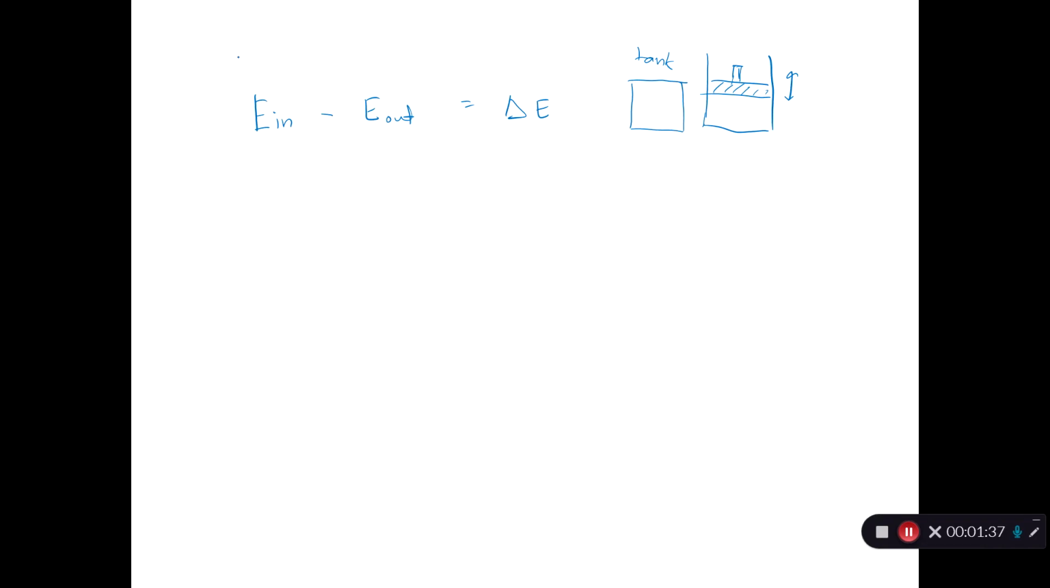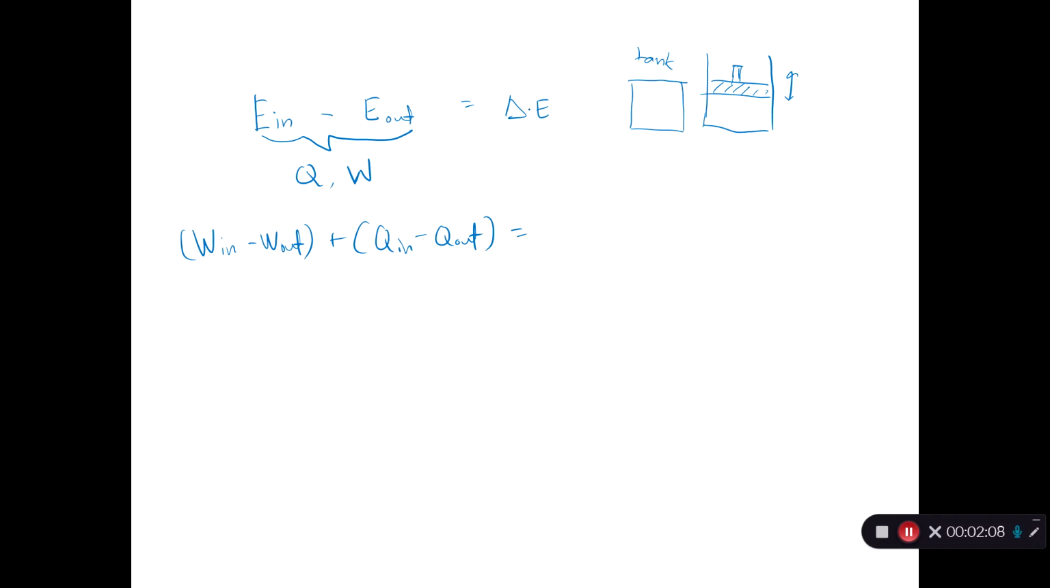On the left side, E in and E out: there are only two ways of energy transfer, which are heat and work. There are only two methods of energy going in or leaving the system. In or out can only be Q or W. So it becomes work in minus work out plus Q in minus Q out equals